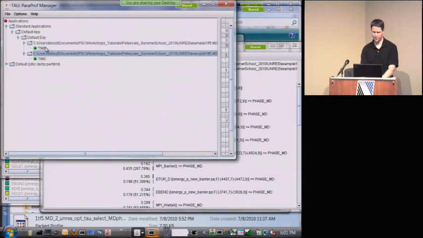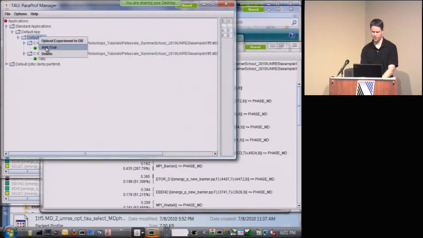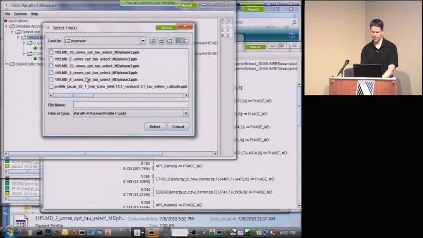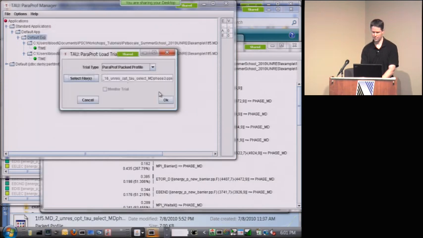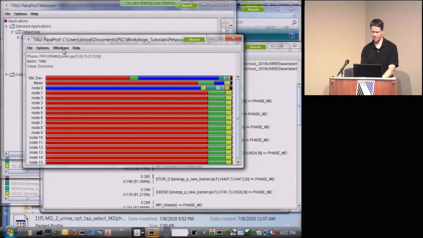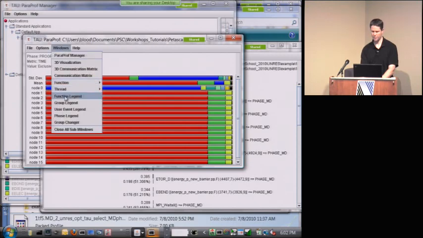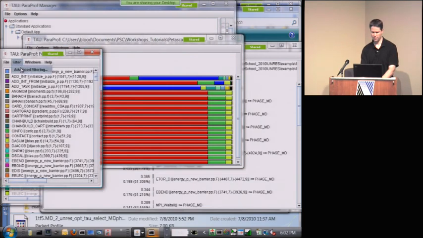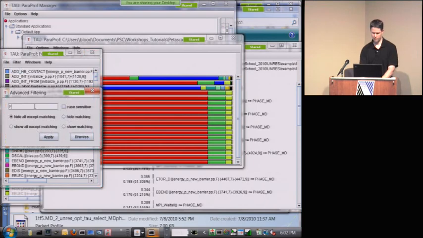So going back to the manager, clicking on default experiment, add trial, select file. I'll skip to 16. So I double click on that one, hit OK. It adds it in. I've got to go back here. So it's a little bit of a process if you want to do that comparison, but it makes a nice demonstration of what's going on. You go to the function legend, filter out just the phase MD, and I think it would be a nice feature if they could streamline this a little bit, but